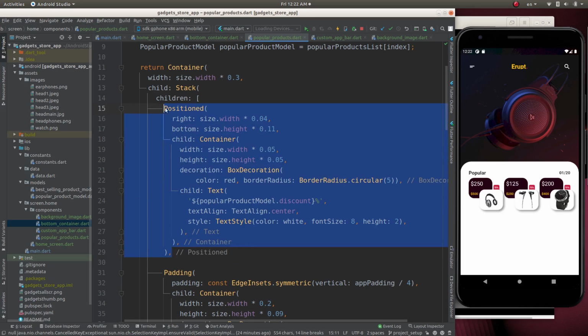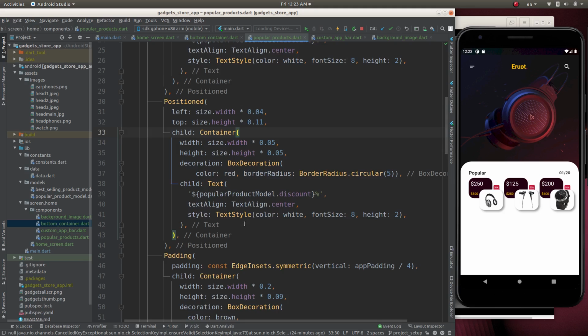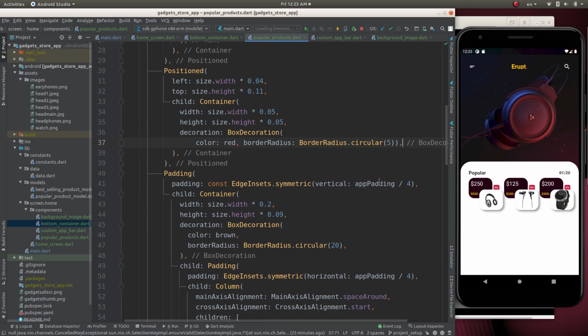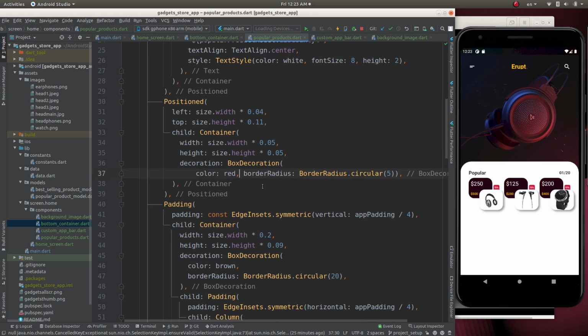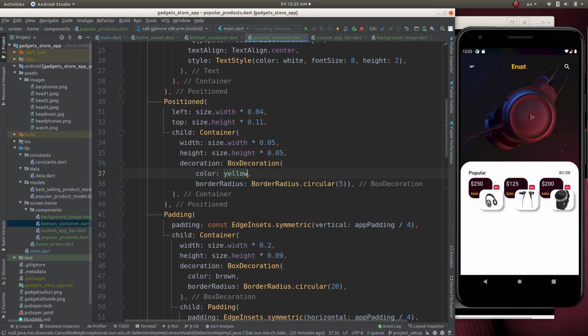For that we can copy and paste the same and make changes in this. Let's make right to left and bottom to top, and we don't need this child here. We can remove the child, and color will be yellow,